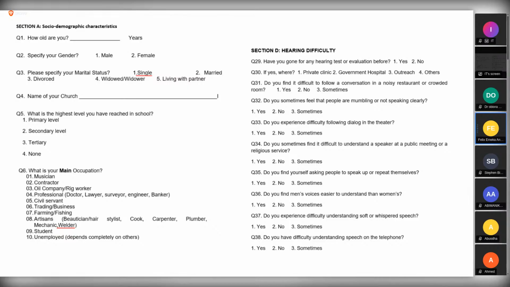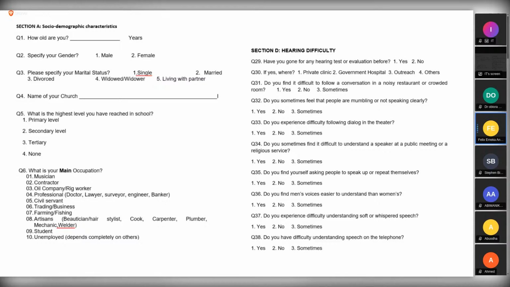All right. So you can see that I only pasted the section A and the section D. I think it was about 4 sections or 5 of them. So before you even go as far as designing the questionnaire, like I said, you already have in mind the problem you want to solve. From that problem you want to solve, you have crafted out your study aim and objective. Now, objectives, minimum is usually 5 study objectives. Now, those objectives, usually called specific objectives, are supposed to guide your research process.